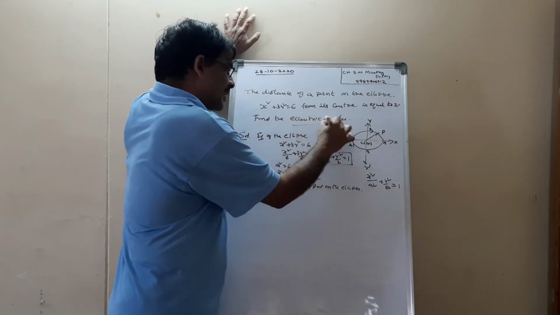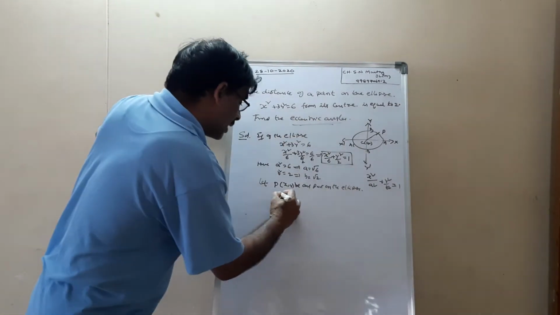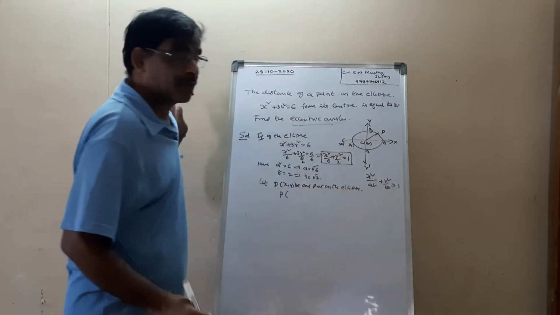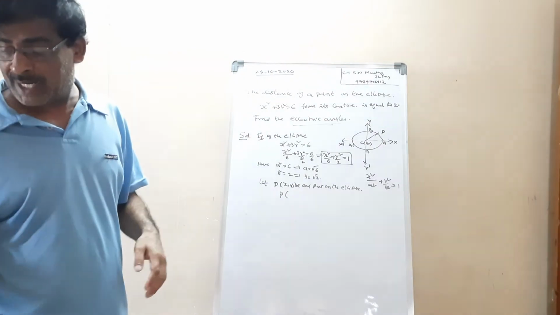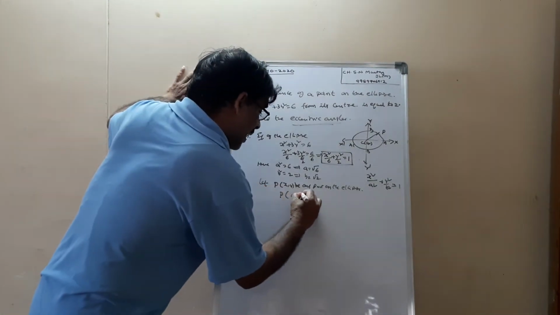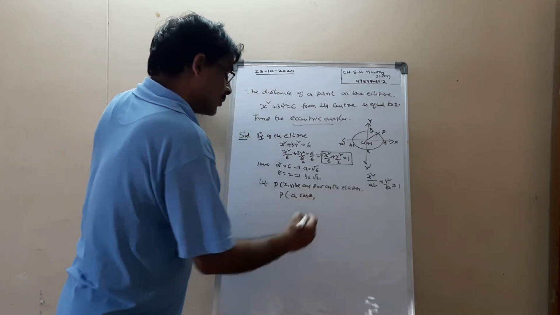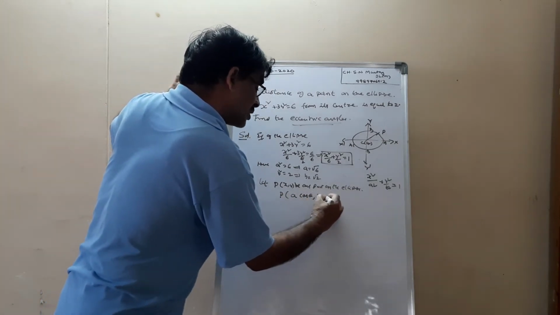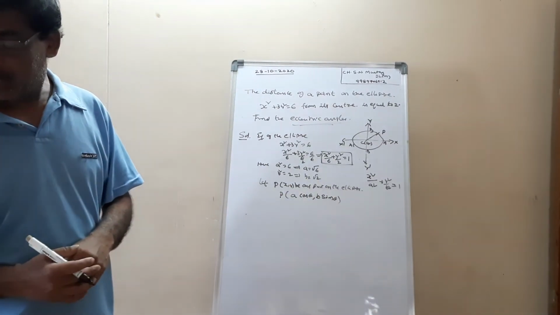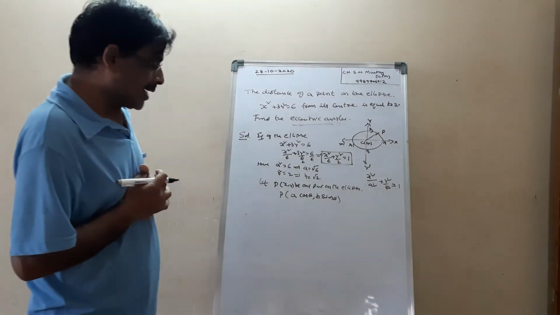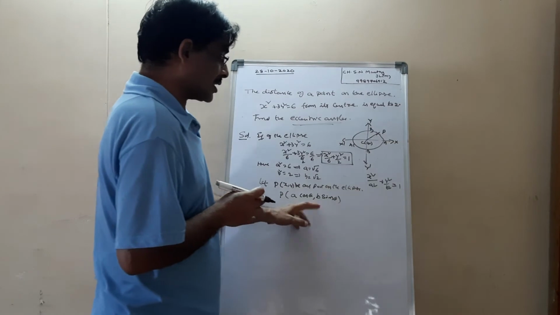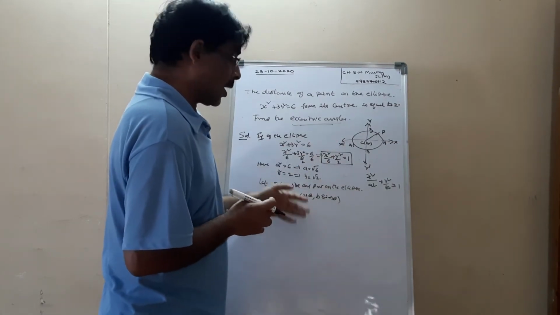See, we have to find the eccentric angles, so we can take P equal to... what are the coordinates of P? In the previous lesson I explained that definition. P equals a cos theta, b sin theta. Okay, that is the point. I just showed you the coordinates of this point P.